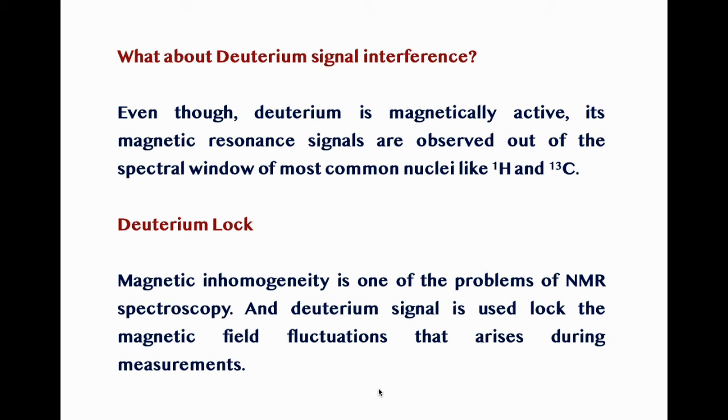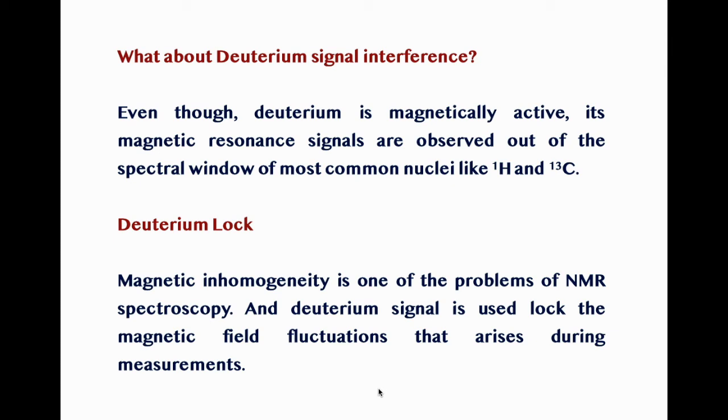Deuterium lock is another advantage of the deuterated solvents. What is deuterium lock? Deuterium lock is nothing but a lock on the magnetic field fluctuations in an NMR spectrometer. But why are magnetic field fluctuations observed in a spectrometer? Well, you may recall that we are using a very huge magnetic field in the NMR spectrometer, and over a period of time this magnetic field can undergo